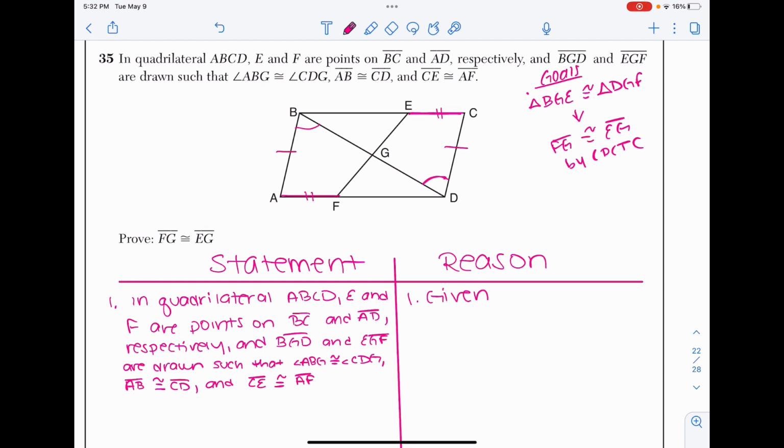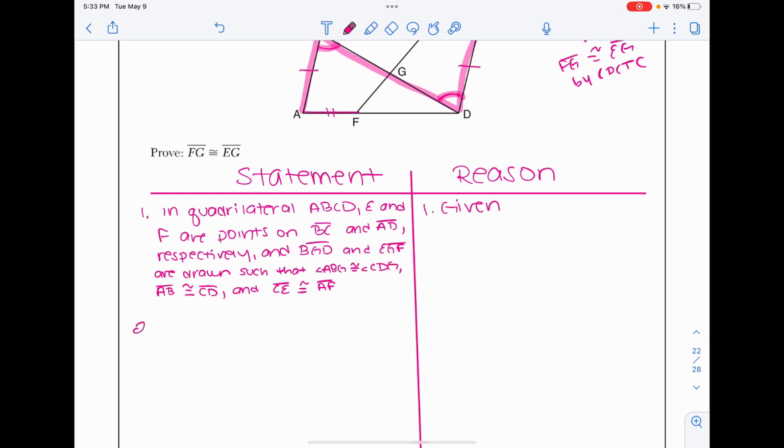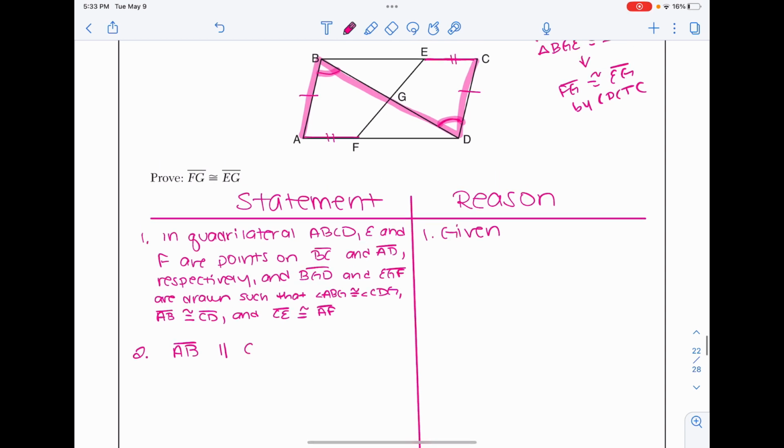All right, let's talk about one way to do that. So I noticed that we were given that AB and DC were congruent, and we were also given that these two angles were congruent, and to me, that's key to this question. So if you take a look, I'm going to draw in this Z shape here. A Z shape is key for recognizing alternate interior angles, and if alternate interior angles are congruent, which they are here, right? They told us that in the givens, then you have parallel lines. So let's do this one step at a time. I'm going to say that AB is parallel to CD